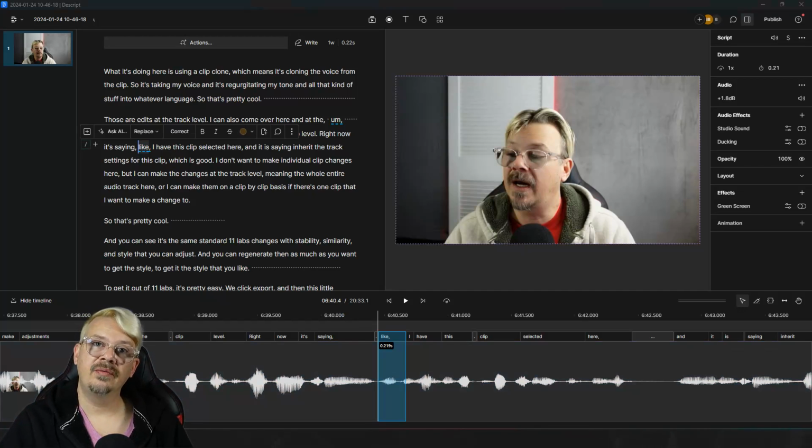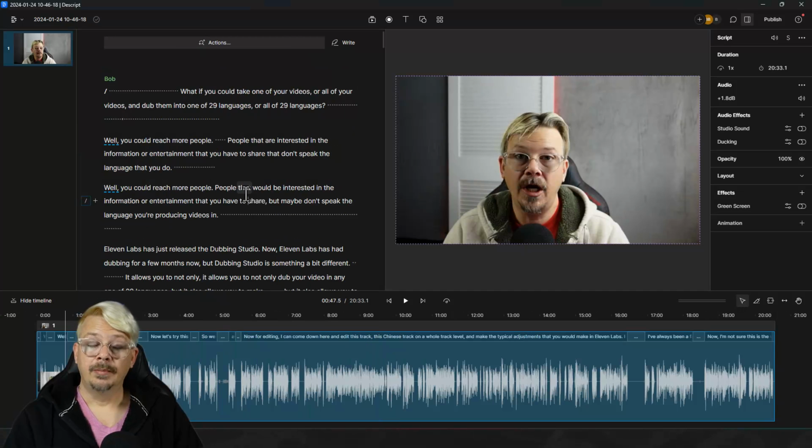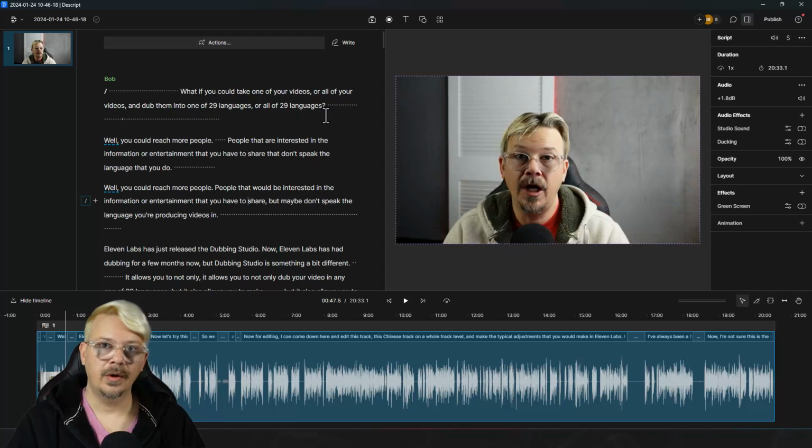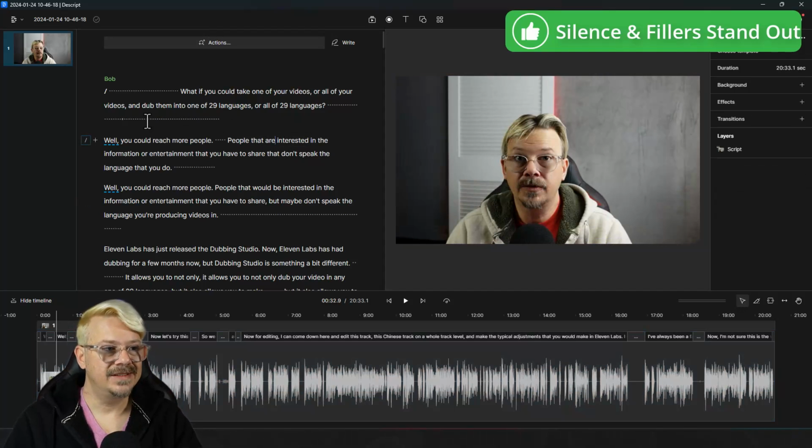The concept of removing filler words and silences in one click is pretty awesome. In practicality, not so much. So my workflow for dealing with these filler words and these spaces that I want to get rid of, I don't rely on the single click, replace all the filler words, or the single click, get rid of all the spaces or shorten word gaps, whatever it's called. Instead, I look at the script, and fortunately, these dots show me where the spaces are, and these underlines show me where the filler words are.